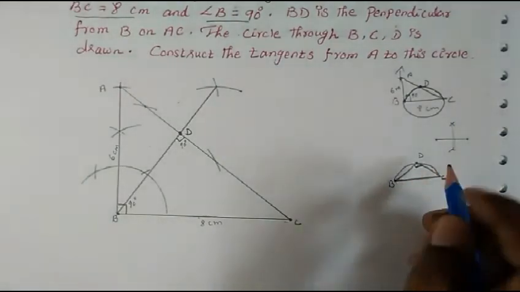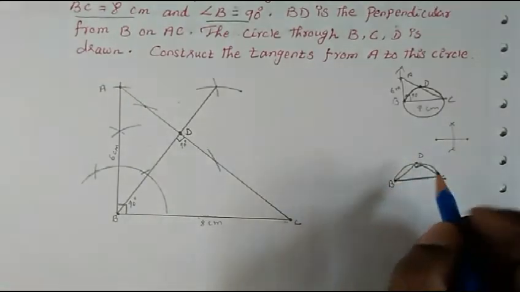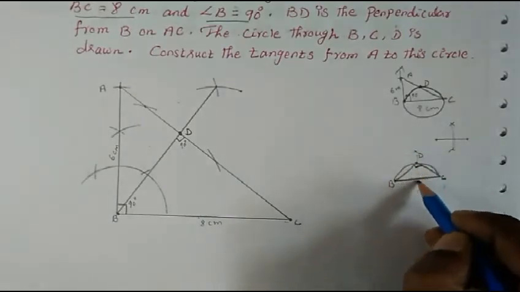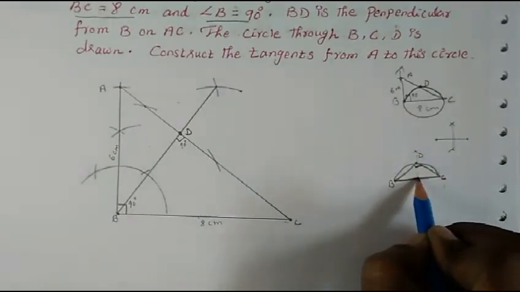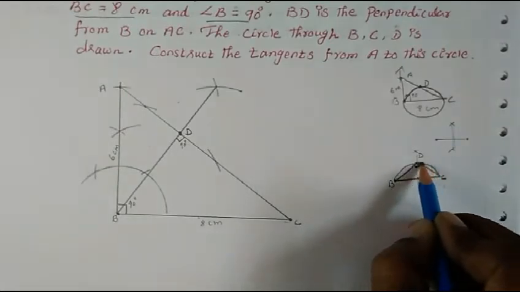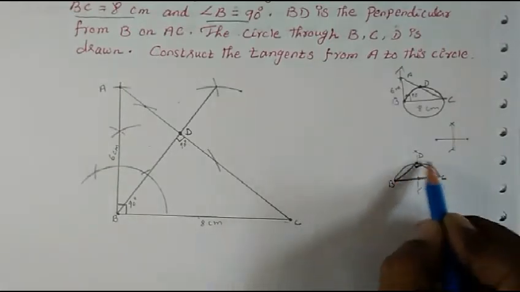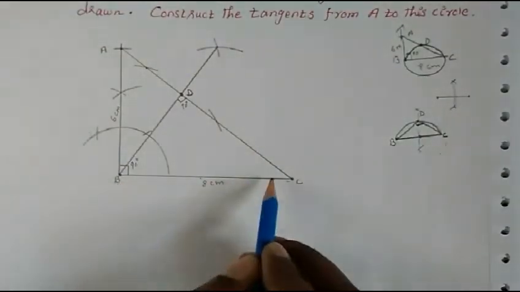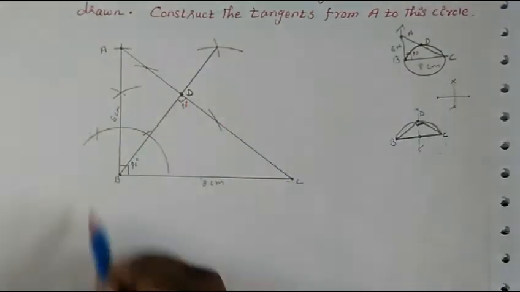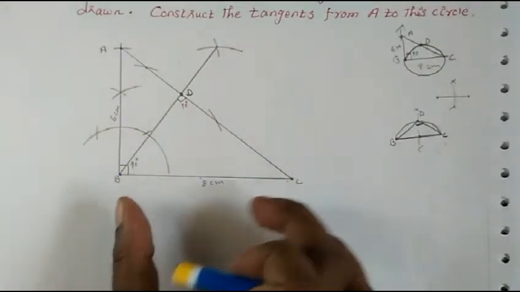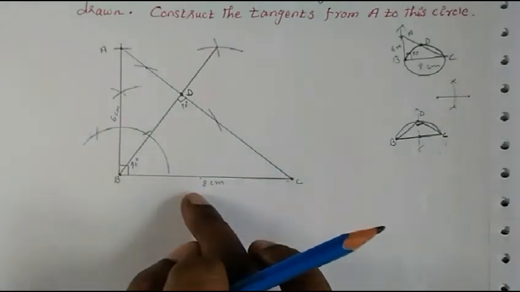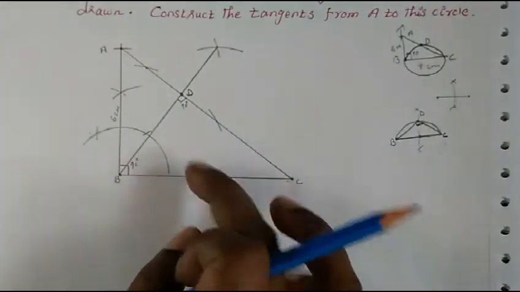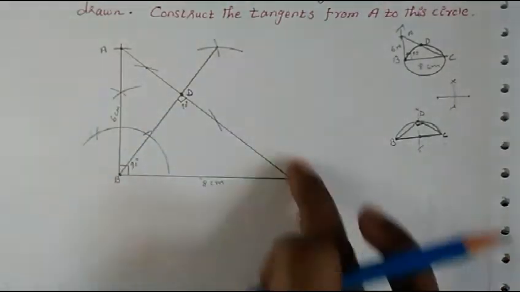So what we will do, more than half of this measurement we will take and then draw a perpendicular line for this line. When you draw the perpendicular line you will get the midpoint. When you get the midpoint and draw a circle you will get all these 3 points. So keep BC, because this becomes the diameter of the circle. Therefore find the center here only. Take more than half measurement and draw a perpendicular line for this, then we get the midpoint, with that we will draw the circle.